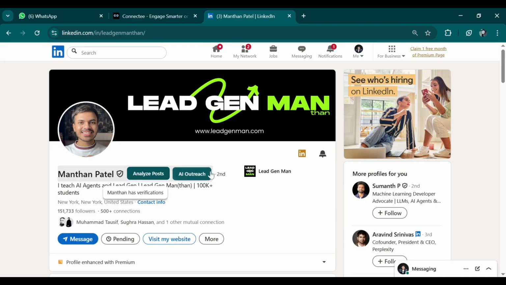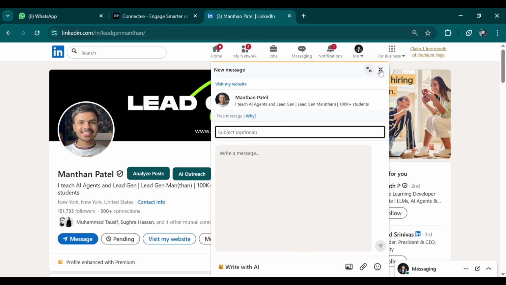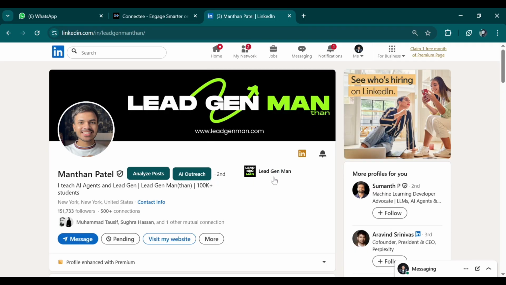And also you can use AI outreach if you want to make a connection request with him, or if he is connected and you want some follow-up message to further stay in touch with this person. Then you can also use the AI outreach feature and generate some messages, copy paste the message and send it manually by using that message button. So these are all the 4 features.